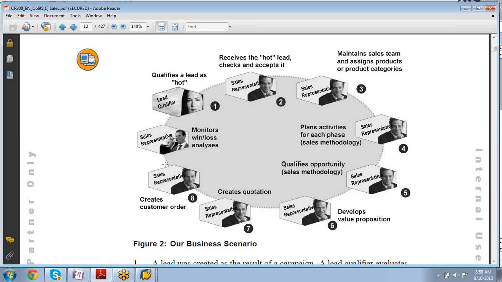So from the time the qualification of the hot lead happens in the post campaign scenario, it still monitors the loss and profit in the sales. That's called a financial integration. It calculates the total terms of payment, total account receivables against the total budget or total money spent in the business, including the product price, the promotion price, the incentives, everything. This COPA, controllability and profitability analysis, will consider from the